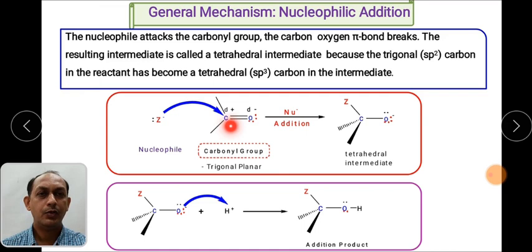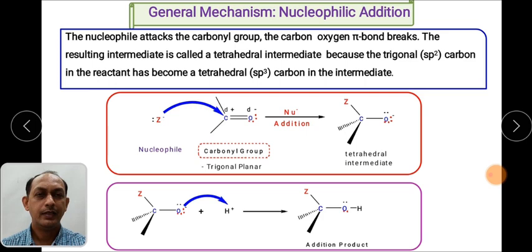As we know, in the carbonyl group, this particular carbon is sp2 hybridized and carries a slight delta positive charge, so we can say it is electron deficient, while the oxygen carries a slight negative charge with the presence of lone pairs of electrons. Because of that, the oxygen pushes electron density toward itself, and this carbonyl carbon becomes electron deficient and can easily get attacked by a nucleophile.